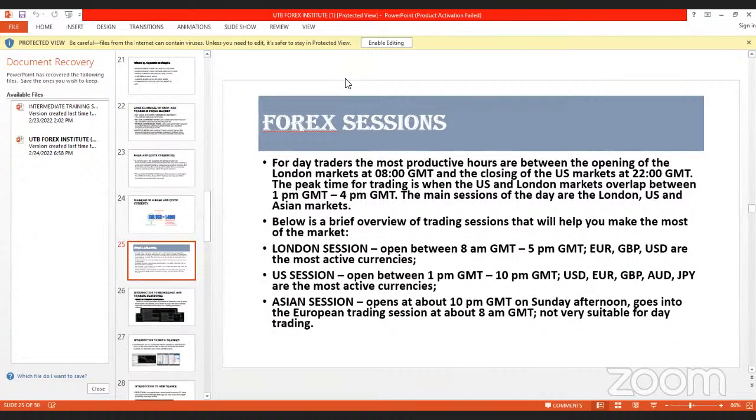Then the news. Another thing you need to understand is the news. Now, the news concerning these currencies is also released during their trading session, right? Just like in Nigeria, if Emefiele, the governor of the central bank, wants to say anything concerning the Naira, make any speech, or act, he will do it during his official time. He will not wake Emefiele up to come and give an official speech. No, he has left the office. So he will do it when he's in the office, during his official time.